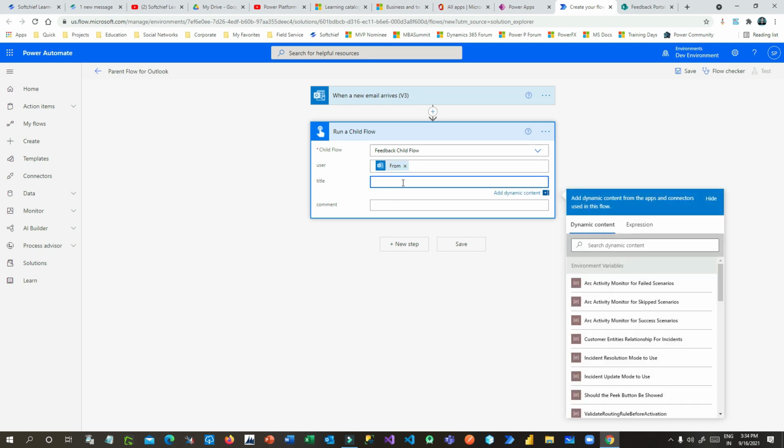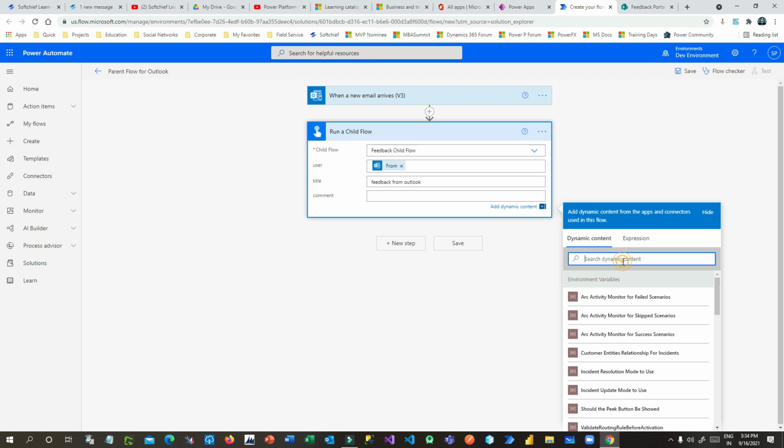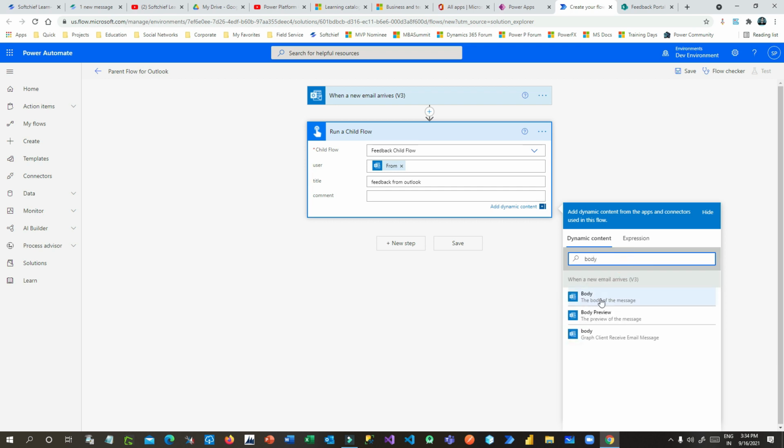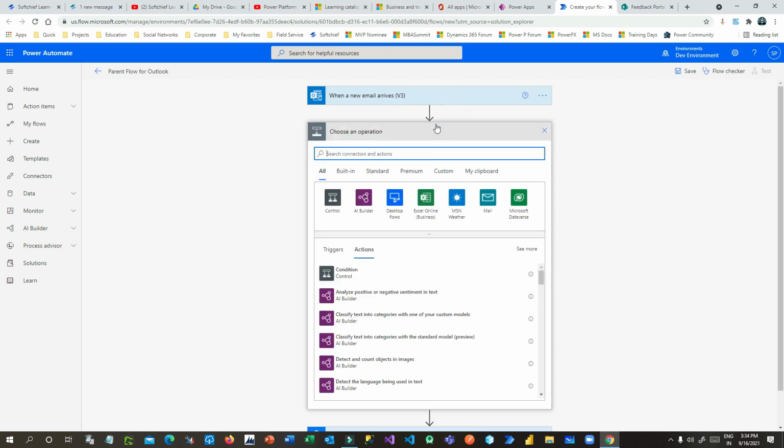And title, I want to define title as feedback from Outlook, right? And comment, I want to define the body. Sometimes the email body is an HTML body, so I have to convert this body to plain text. So use an action before that,